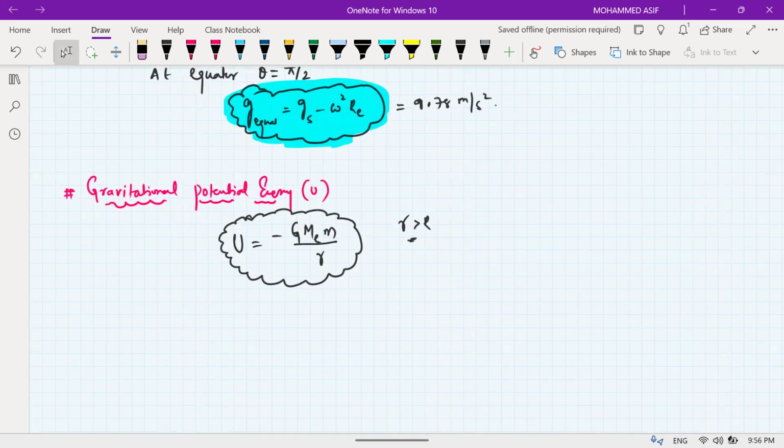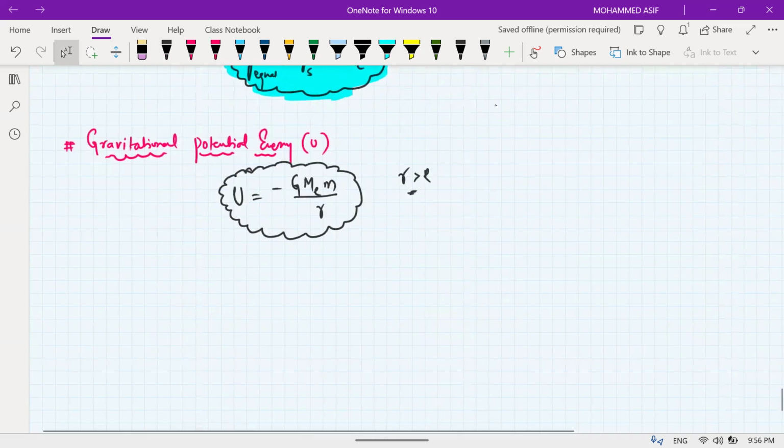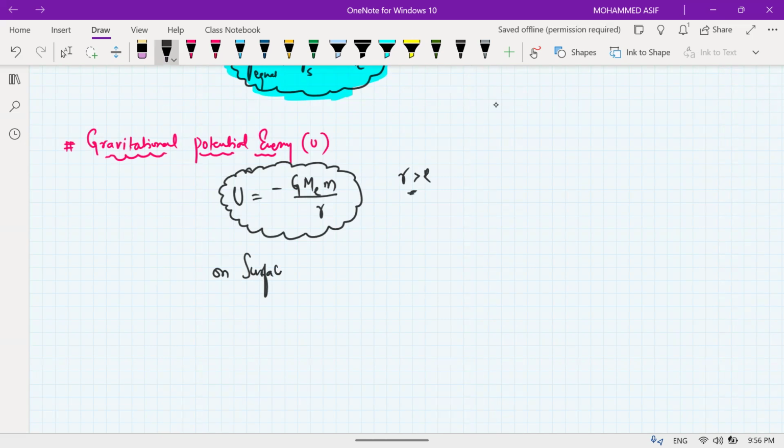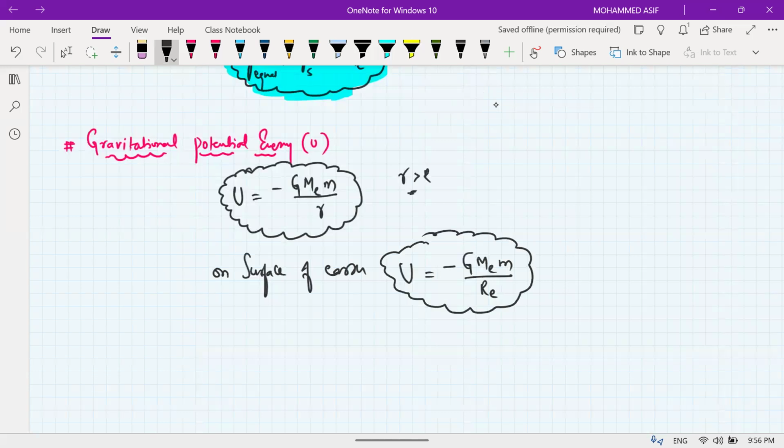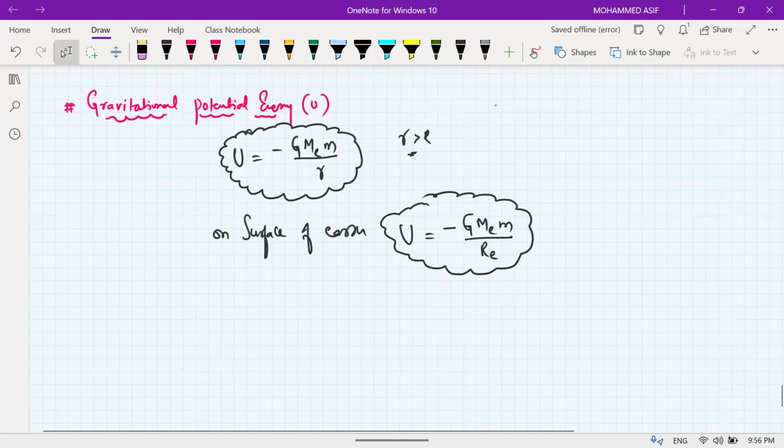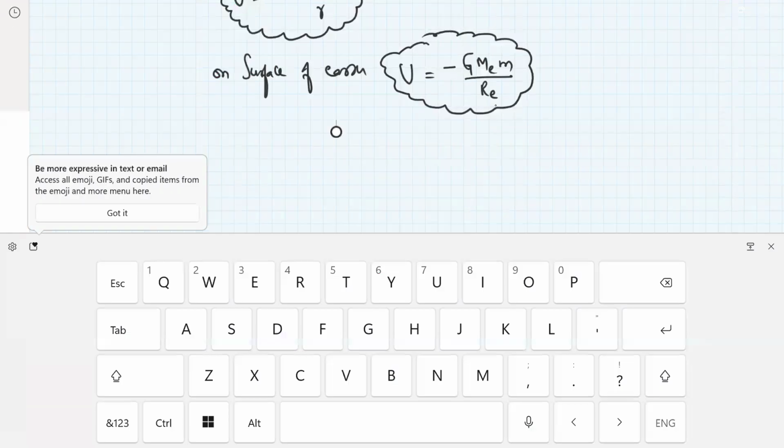That means R plus h, it may be, basically. And on the surface, can you tell me? On the surface of the earth, potential energy will be equal to minus capital G, mass of earth into m, divided by the radius of the earth. Done? Then at a height above the surface of the earth,